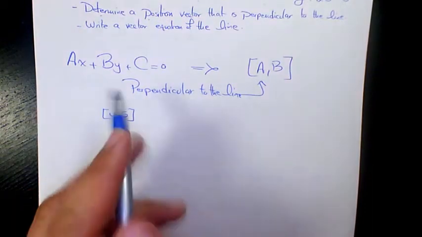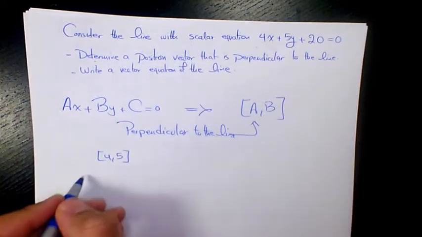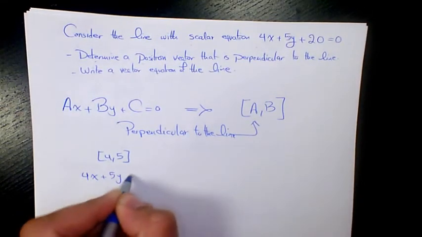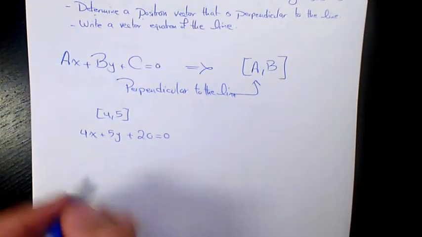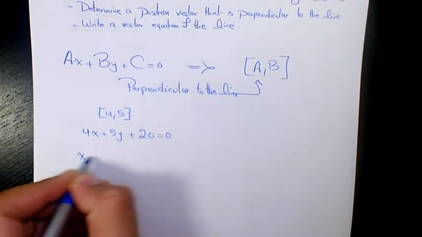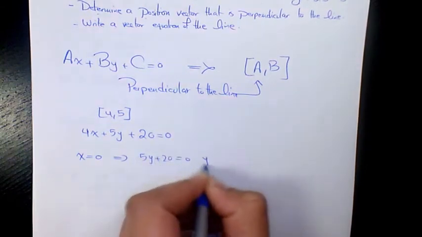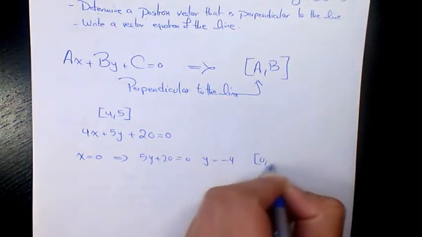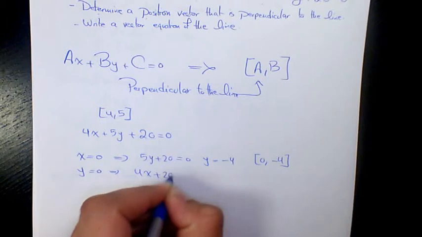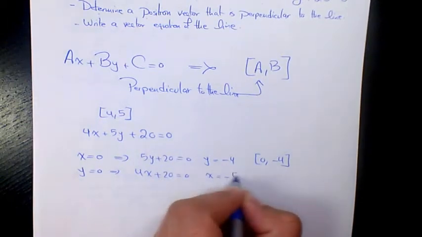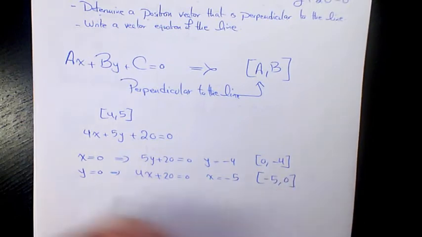And it says write a vector equation of the line. So we have 4x plus 5y plus 20 equals 0. Let's find out 2 points on it. If we have x equals 0, we have 5y plus 20 equals 0. So y will be negative 4. So we have 0 and negative 4. If y is 0, we have 4x plus 20 equals 0. So x equals negative 5. So it's going to be negative 5 and 0. So the slope is going to be